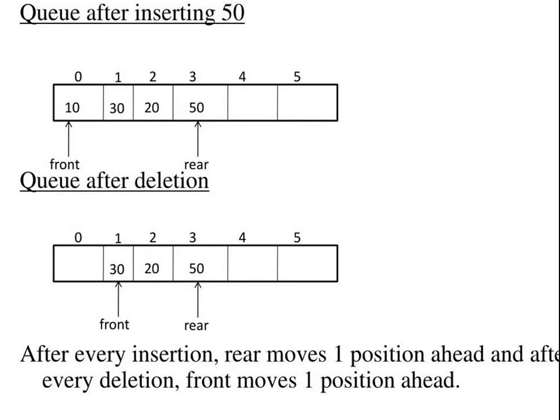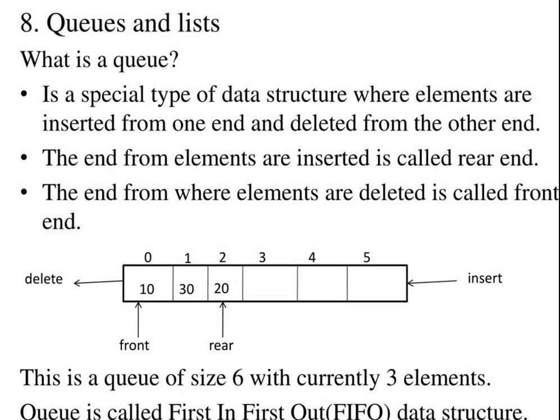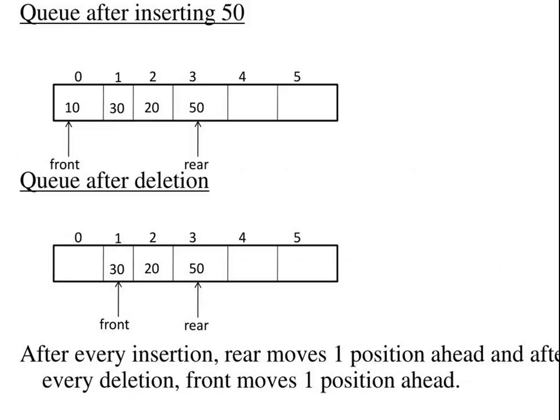Now in the same example, you can see that there are 3 elements. If you want to perform operations for new elements, here I'm inserting a new element, 50. How will it be added in the queue? The next element will be added at the next rear place. Earlier the rear was 2, now it will be 2 plus 1, that is 3. So it will be added at this third place. So the front position will be at 0 and the rear will be at 3.